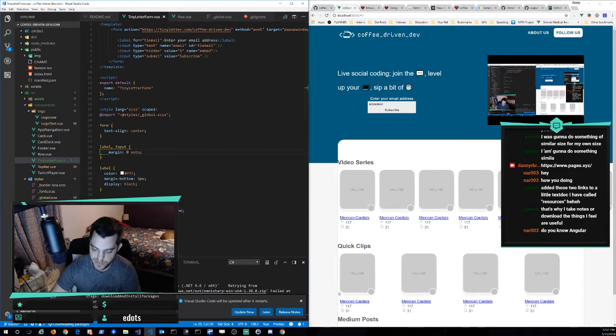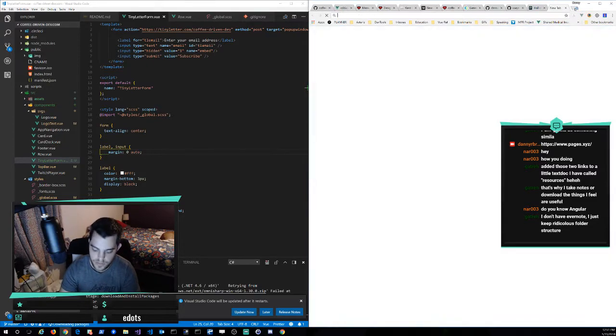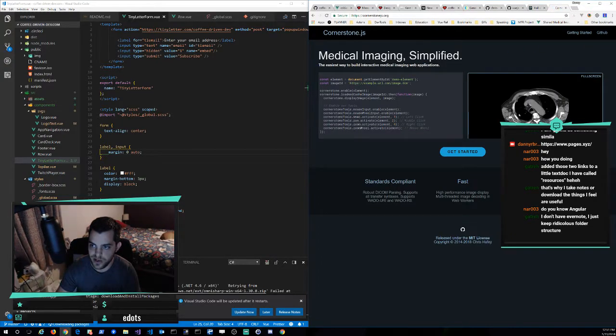Yeah, so I've definitely programmed in Angular. I first got started in it when it was Angular 1. But I've only done a little bit of modern Angular development, and mostly just to build proof of concepts for, what's it called? So I do a little bit of open source work on Cornerstone JS, which is kind of like a medical viewing thing for the web. So I've built some proof of concepts in this using Angular just to kind of show to other potential contributors